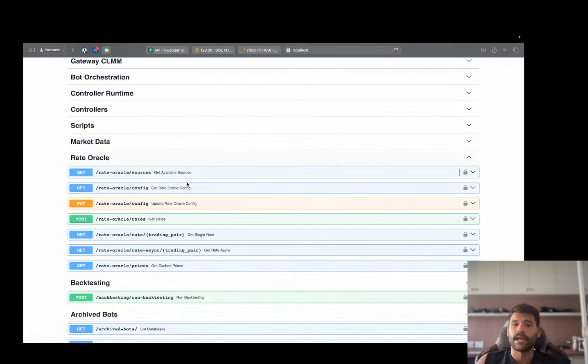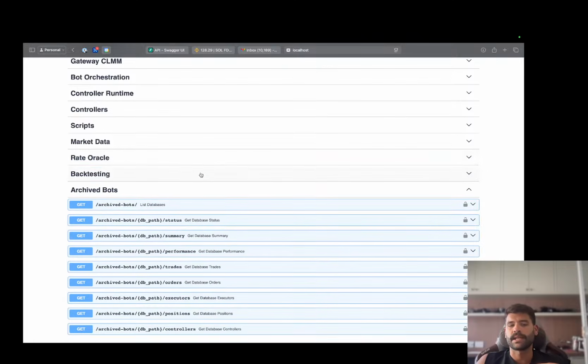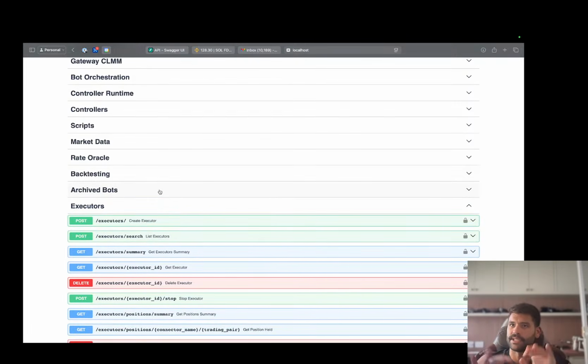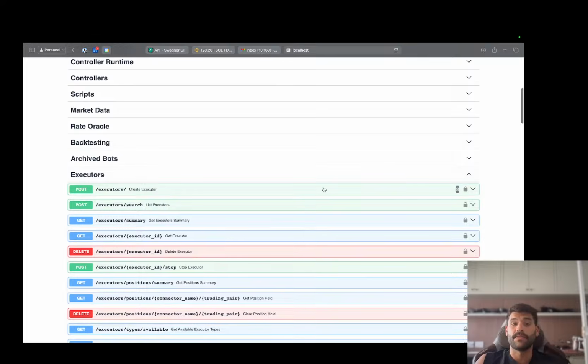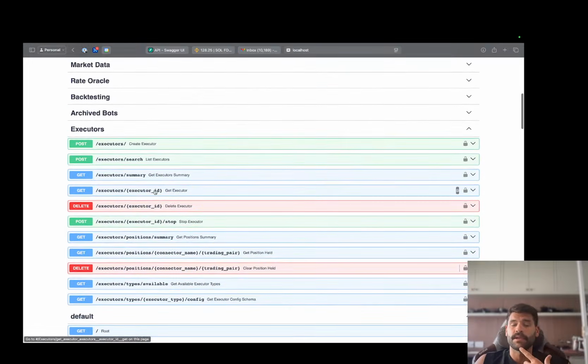Rate Oracle, also the sources, you can also get the rates and all that stuff. Backtesting, archive bots. This is after you run a bot, you can analyze the performance, see all the trades of that bot. Almost everything that you will need to do is here. And then the one missing part for me was the chance to just deploy executors, that are these building blocks